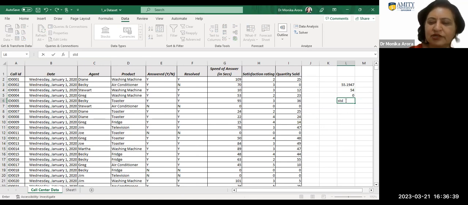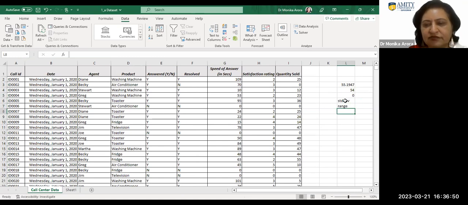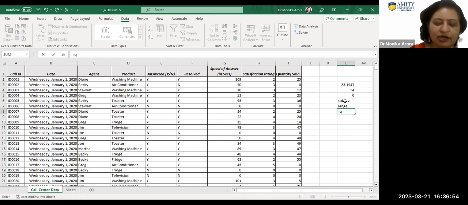To see how spread out the data is, there is a function called standard deviation. There is a function called range, where you take the maximum minus the minimum. There is also a function for quartile. So when you say equal to quartile,